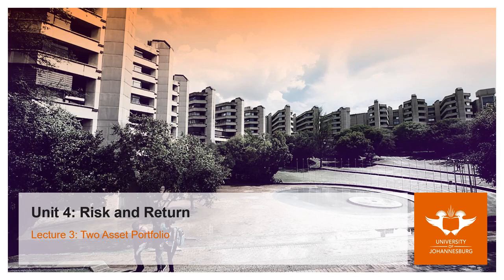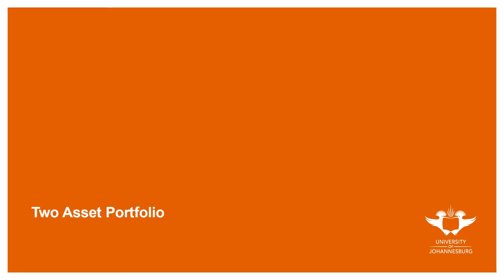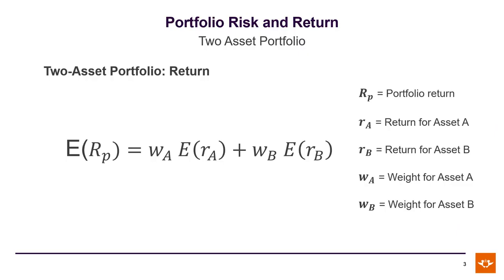Unit 4, Risk and Return, Lecture 3, Two-Asset Portfolio. So far, we've looked at the returns or expected returns and risk for a single asset. Now we're going to move on to the concept of a portfolio. We're going to start with a simple two-asset portfolio, and we're going to look again at measures of expected return